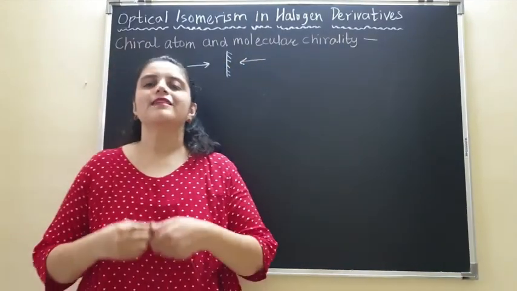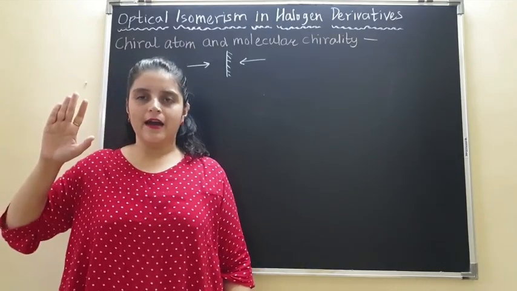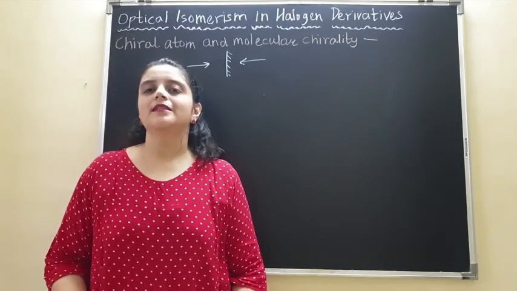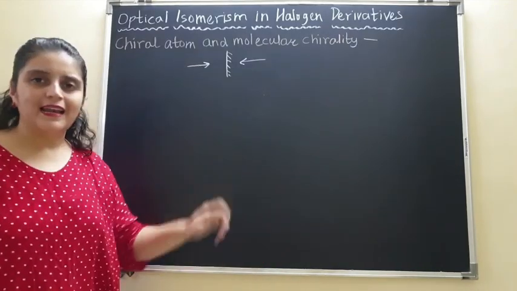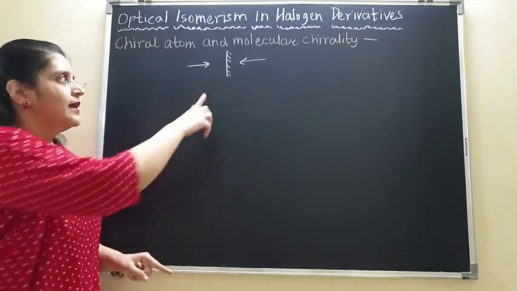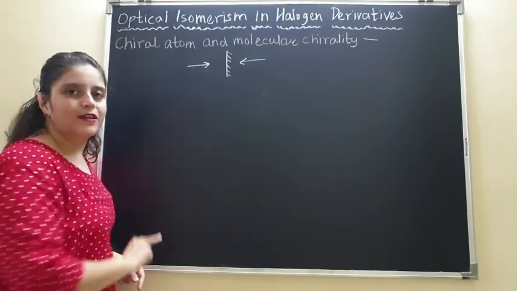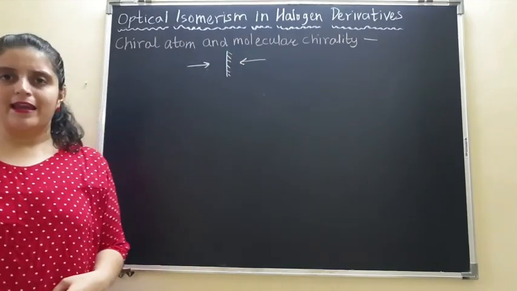Everybody knows this. Now when you stand in front of the mirror, if you lift your right hand up, actually your mirror image is lifting its left hand up. So it is exactly like this. The mirror images are of different direction. If this arrow is pointing towards the right direction, its image will point towards the left direction.